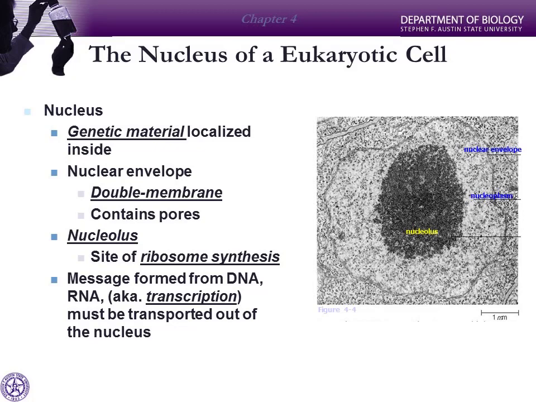Now, we're going to put that together into one of our RNA molecules. It's going to be a copy of the code. And that copy is going to be shipped out to the cytoplasm, where we're going to use that information to assemble our amino acids in the correct order. So we take our RNA, which is going to be the message, and we're going to use that to make a protein.